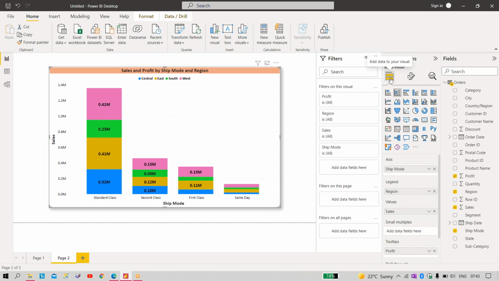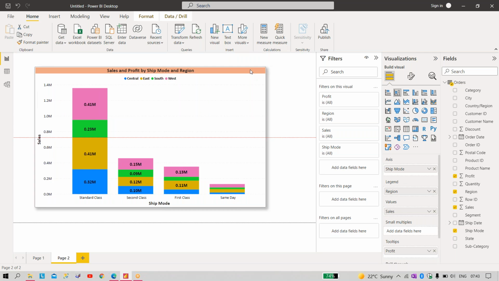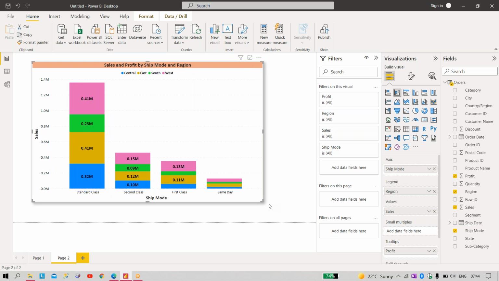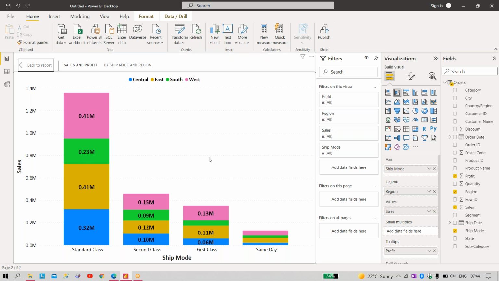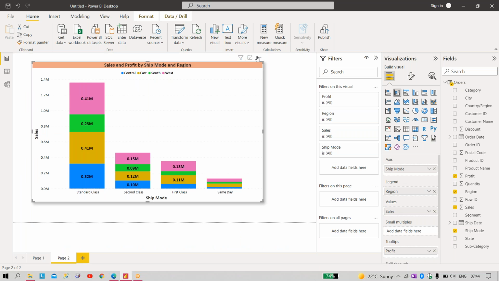If data changes, then the entire graphical representation also changes, sir. Yes, if data changes, the report also changes. Okay, from this graph, what do you do? Here is the option to view the graph in full format, and you have to go back to report, and there are three dots. By clicking the three dots, you can access sorting of the axis on the basis of shape mode